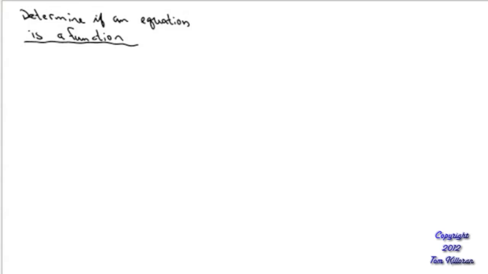If you get lost in this chapter, there is a hidden direction. The hidden direction is this. Kind of like if you're dealing with a quadratic, you want to get it equal to 0 if you get stuck, and then go from there. If you get stuck with functions, the best thing to do with a function is solve for y, and then go from there. All right, so let's say we have, for example,